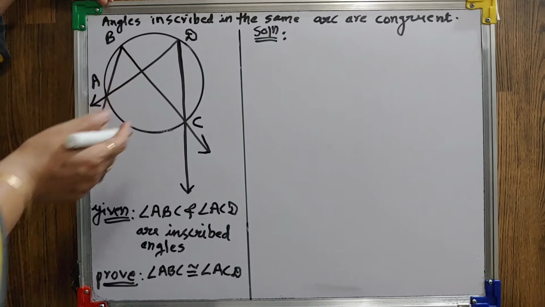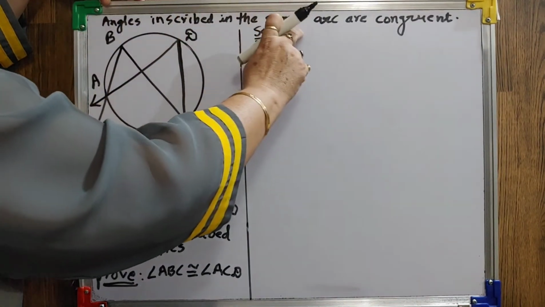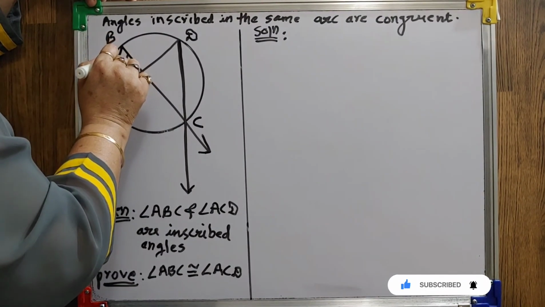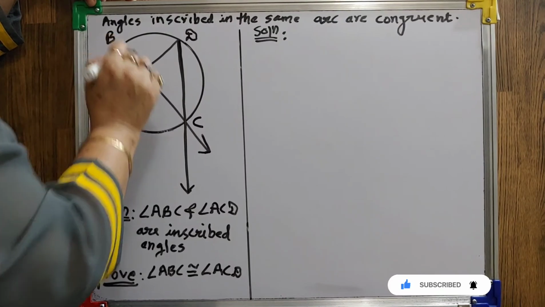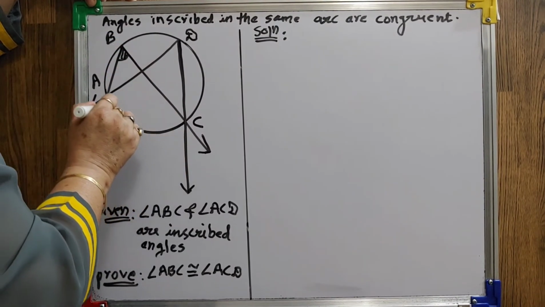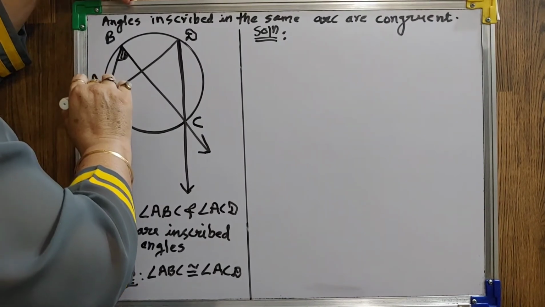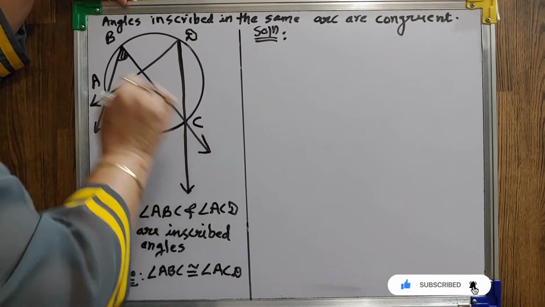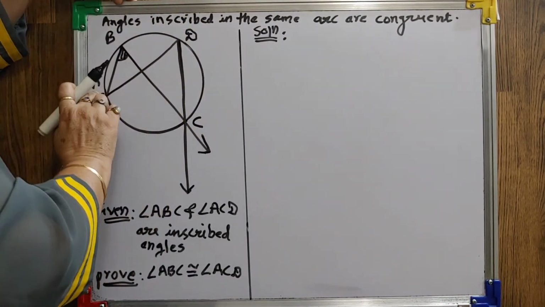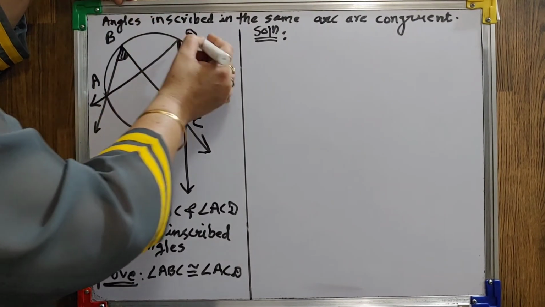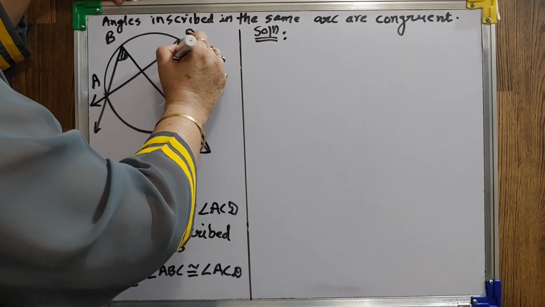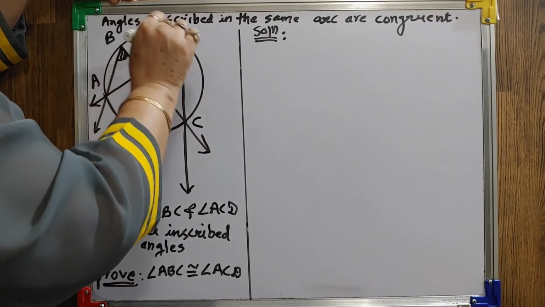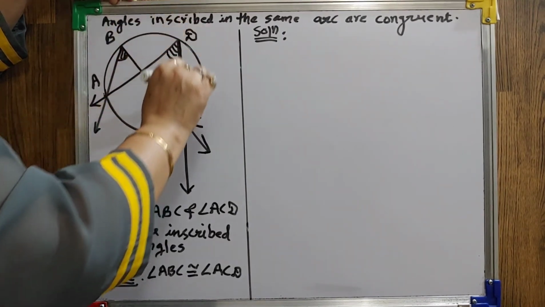Now students, the next theorem, angles inscribed in the same arc are congruent. Now, this is angle ABC. For this angle, intercepted arc is AC, but this angle is present within the arc ABC. So, arc ABC, this full from A to C from the upper side is an inscribed arc for this angle. Same way when you consider this angle ADC, for that also it is present on the upper arc ADC, which is an inscribed arc for this angle.